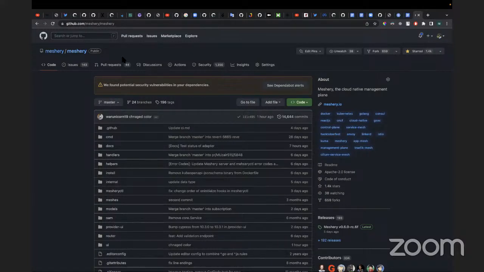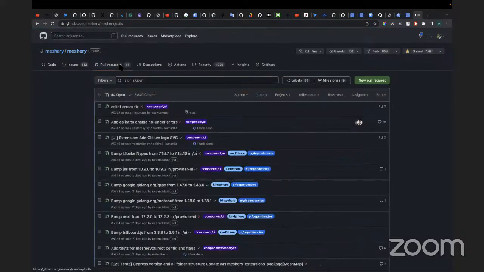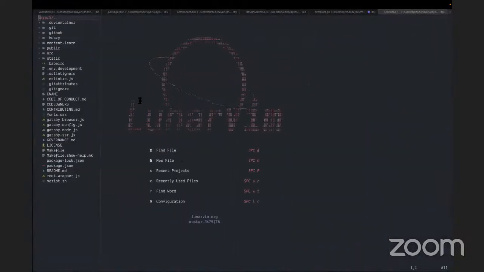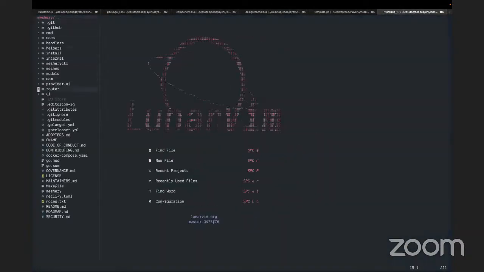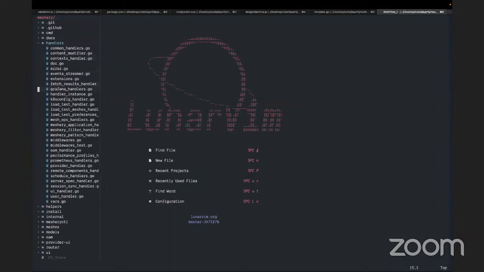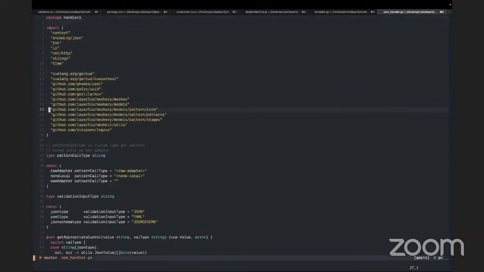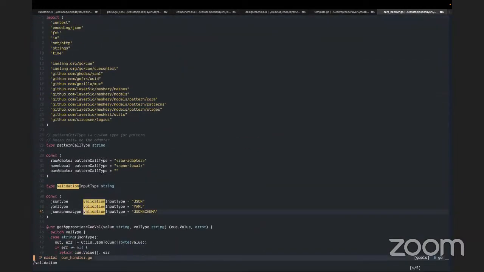The update is about exposing a central endpoint where other components of Meshery can send something and ask the Meshery server to validate it, and the validation is based on CUE. There are two parts to the update. One is in Meshery server, which exposes this endpoint, and this is the handler which does that.